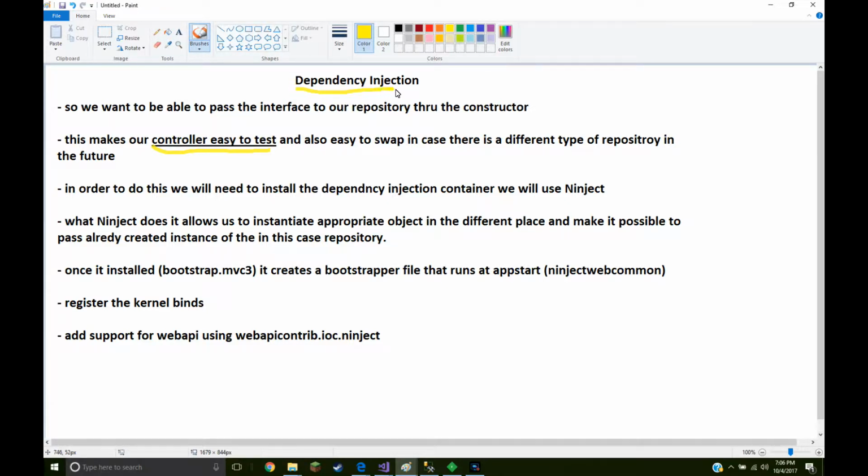So we're going to demonstrate dependency injection, and we want to be able to pass the interface to our repository through the constructor. So our interface to our repository, not the actual repository concrete class. In order to do this, we're going to be using a container called Ninject, which is an IOC container. So to get started,